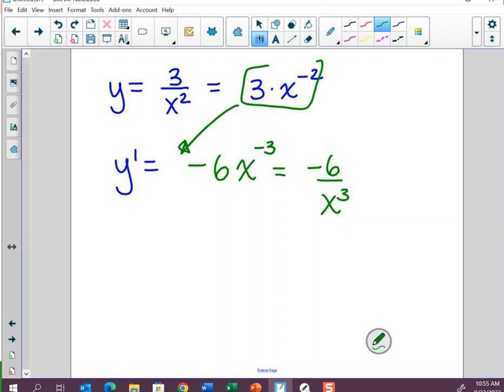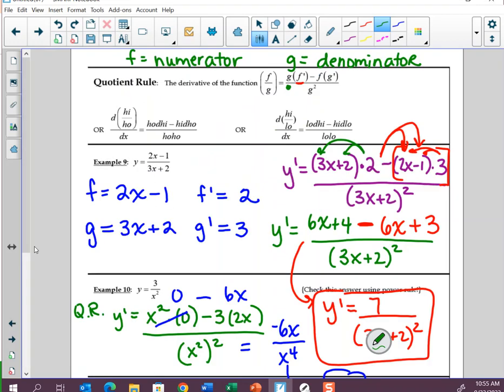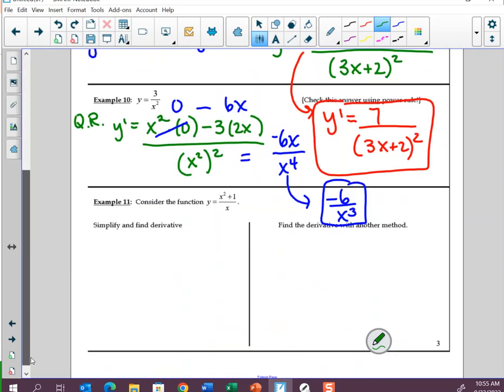Some students don't. It's interesting when you see Mr. Walters and I do keys, when we run into a problem, like I'll do a quotient rule sometimes where he'll rewrite it first and then do something else. It's just our minds think differently when we look at it. I typically don't look at rewriting it. I mean, this one I probably would, honestly,